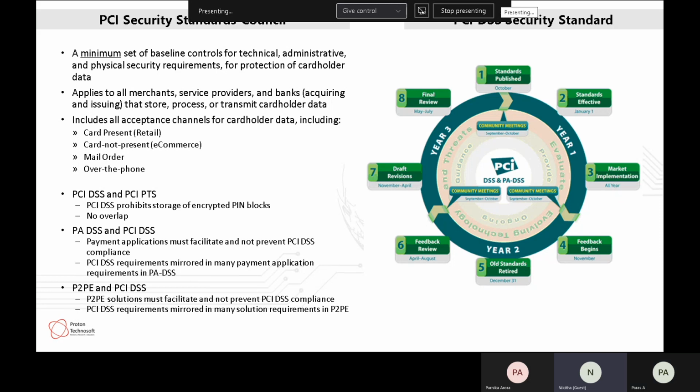So for coming live, it almost takes 3 months, right? 3 years. For coming live, it's taking 3 years. So here in the third position, market implementation is there, right? So that's a testing trial kind of thing? No, that's not a trial. It's an actual rollout where PCI says any new audit that you start from here onward has to be on the newer version.